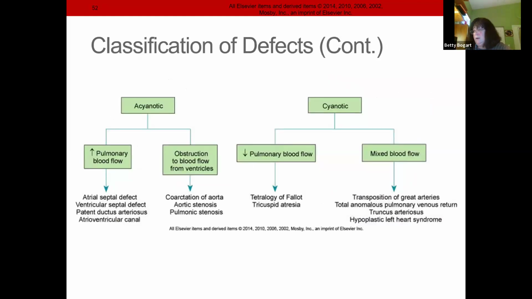Now let's go over a little bit here. So we know that we have increased pulmonary blood flow when there's a hole between the left and the right side, right? I've already mentioned that because it's going to go back into the lungs. Now, in maternity, you heard about a patent ductus arteriosus. That's fetal circulation. All it does, it connects the lungs to the body. And it does that by the pulmonary artery to the aorta.